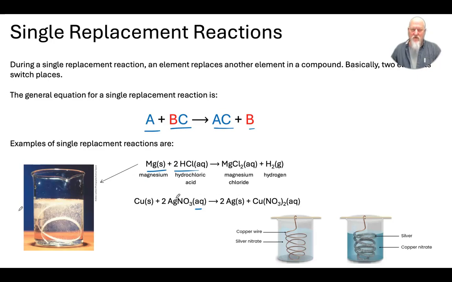A couple things to notice is that in both of these reactions, silver nitrate's an ionic compound. So silver is an ion. It's an Ag+ ion. Copper is a solid, it is copper metal. It's elemental, so there's no charge on that. During the reaction,